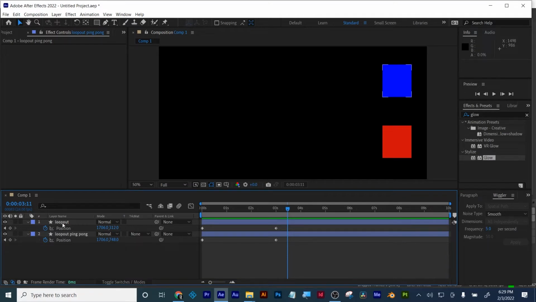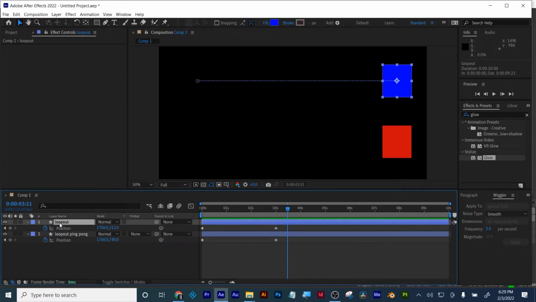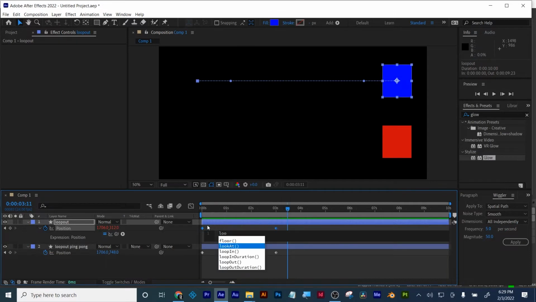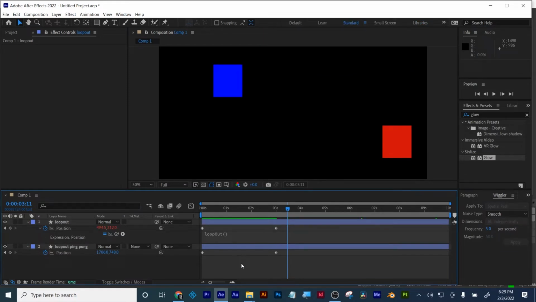The top layer only. Make sure only the top layer is selected. Hold down Alt or Option and click on your position stopwatch. Remember, you got to be holding down Alt or Option and start typing Loop Out. And you'll see it autofills, Loop Out. So I'm going to double click on that expression. And all I have to do at this point, remember, here's my text cursor. Getting outside of the expression turns into an arrow. You want to be on the arrow and click out of that expression. You don't even need to enter anything into the Loop Out expression. Now, before you hit the space bar,